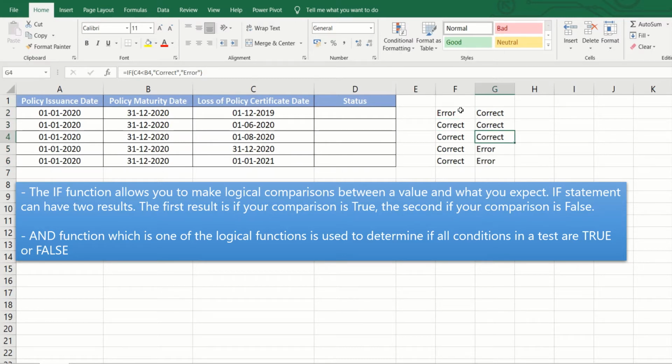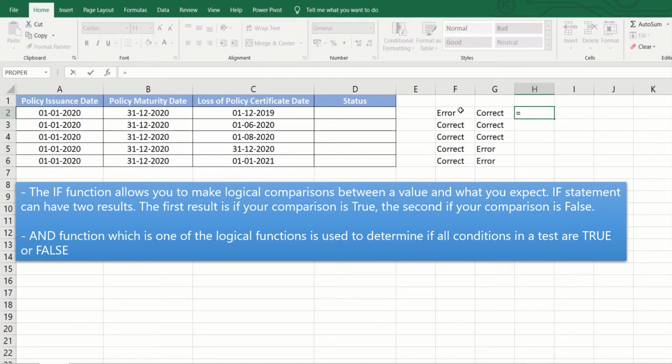or there is an error. You see, this is how we'll have to use two formulas, but we can combine them together by using the AND function. AND is a logical function which gives an output as true or false. So we'll use that formula, and this is greater than, that is C2 is greater than A2. And see what is the output? False.